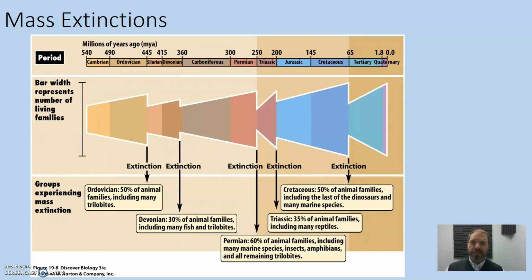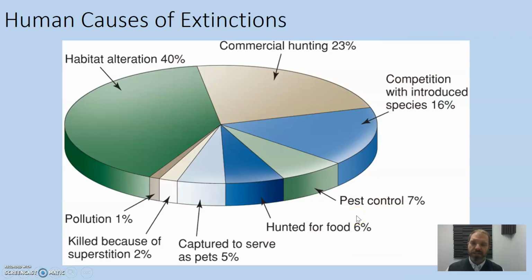And that's perhaps some potential hope, because we are considered to be in the middle of the sixth great mass extinction happening at the moment. Human activity is leading to a whole lot of extinction on the planet, and we're very aware of this. Some of the things that are causing extinction of species by humans, a large amount of that is habitat alteration, clearing of forests and destruction of wilderness.